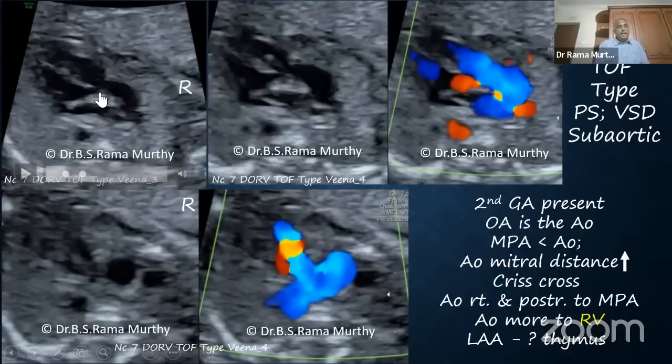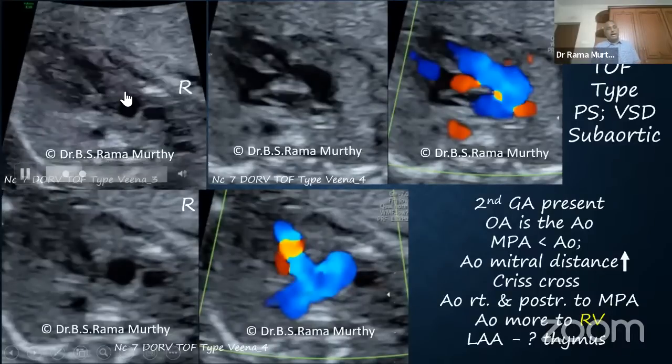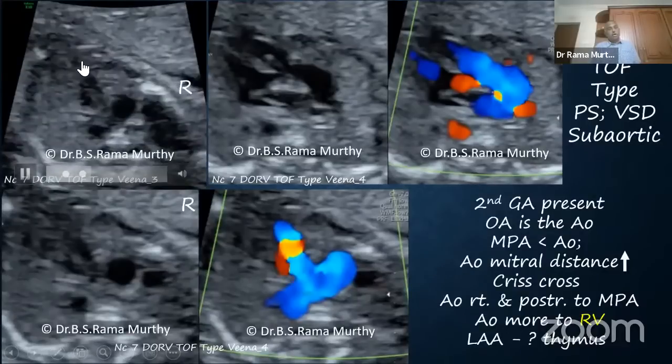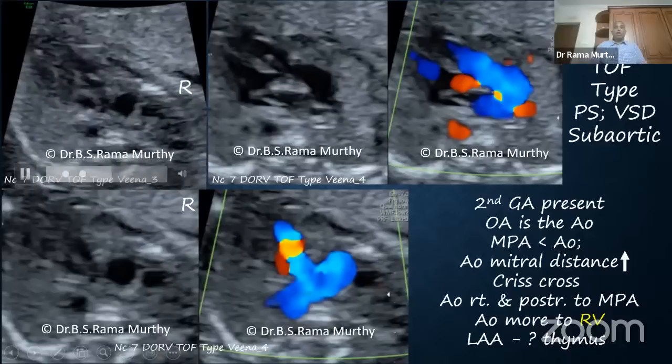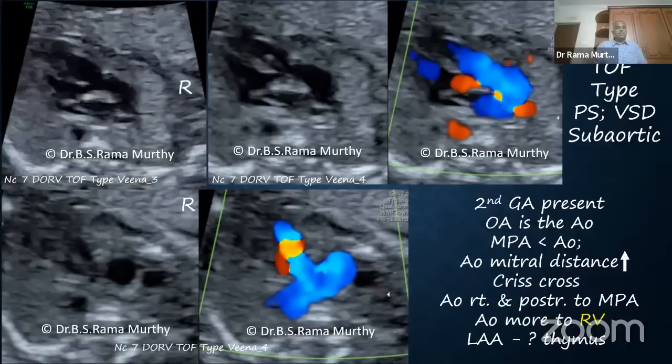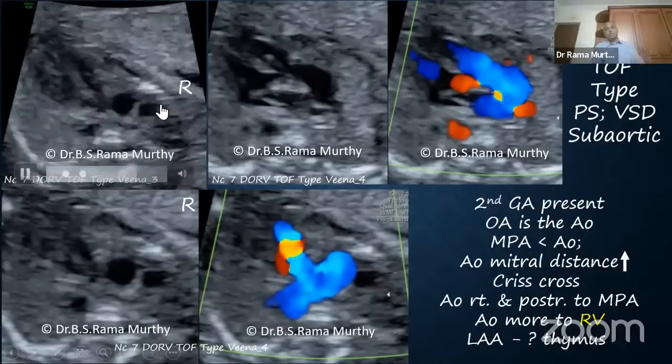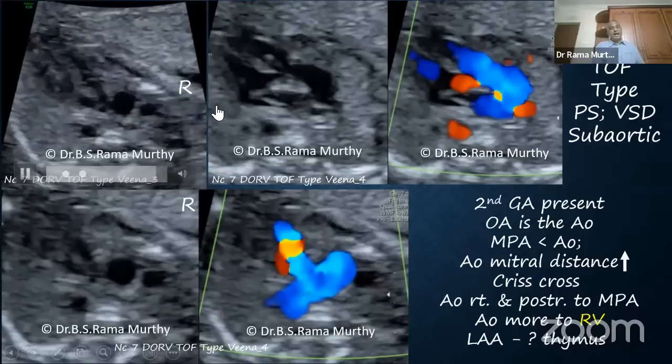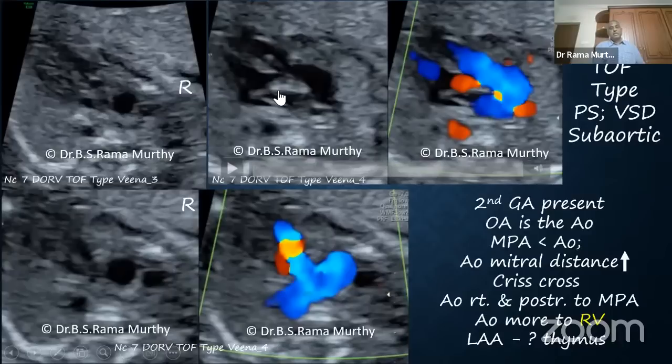The overriding aorta. Is it more committed to the left ventricle, posterior ventricle, that is left ventricle, or the anterior ventricle, this is right ventricle? Clearly, you will agree with me that the aorta is more committed to the right than the left, and therefore more than half of the aorta and the full pulmonary artery arise from the right ventricle. Therefore, this is not TOF, this is DORV of the TOF type, of the tetralogy of Fallot type. And why is the pulmonary artery narrow? Because of stenosis. And where is the VSD? The VSD is under the aorta. So it's a subaortic VSD.